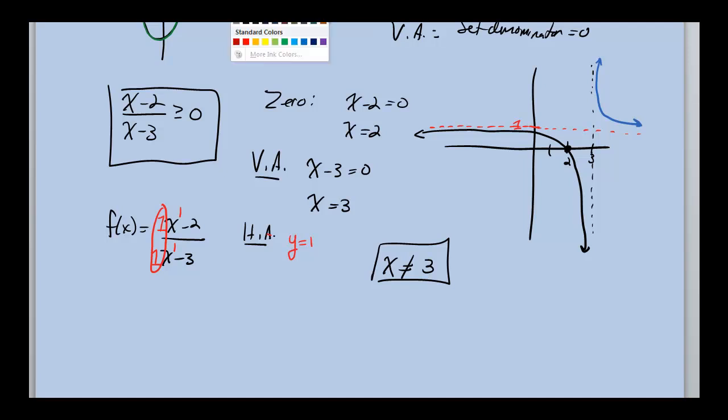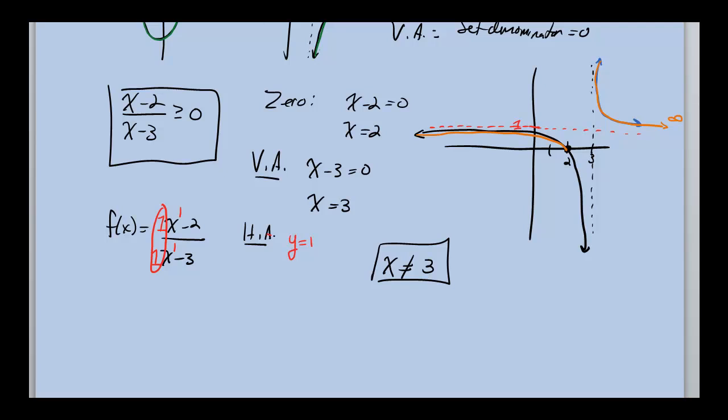I'll use orange. So notice in orange, it's going to be positive all the way until 2. And we are including greater than or equal to 0, so we are going to include 2. Then from 2 to 3, it's not positive, it's negative. And then from 3 all the way to infinity, it's also